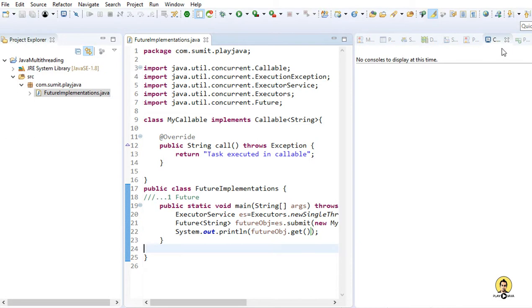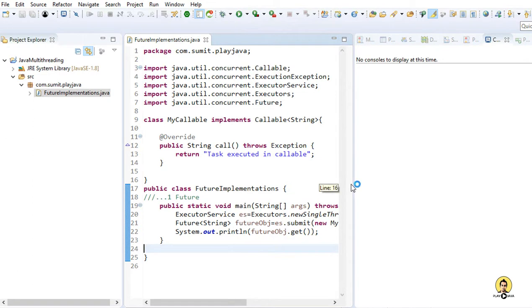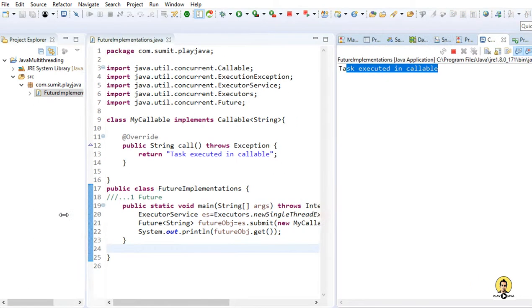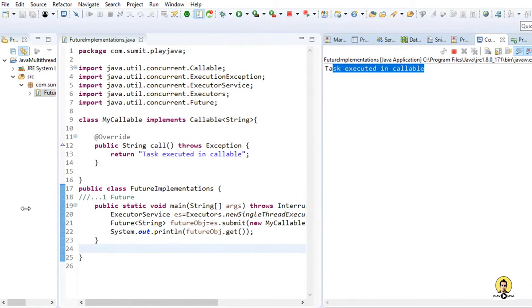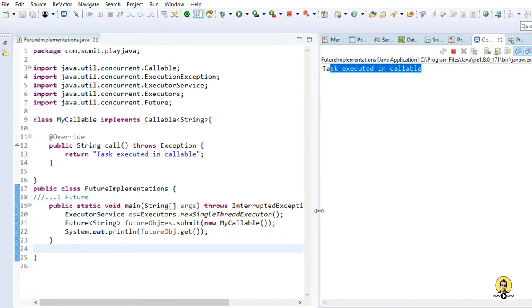I am opening the console and let's run as Java application. As you can see, "task executed in callable" is coming through this future object, through future.get. Now let's minimize this window so that it is more visible, and let me expand this a little bit.